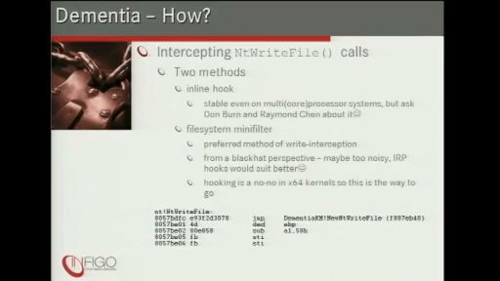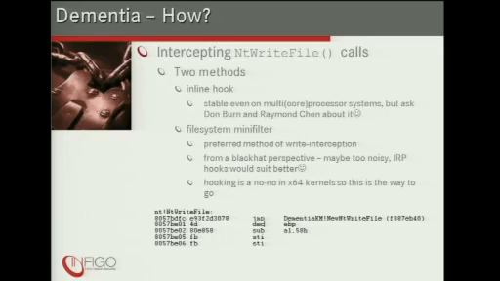The proposed method of intercepting the write calls, intercepting the process of writing the dump, is to make a file system mini filter driver. So that's the second method DEMENTIA uses. This is a really nice and really stable method, but from a black hat perspective it might be too noisy because it leaves a lot of artifacts inside the system, and you have to make sure that you clear all those artifacts, which can be daunting.